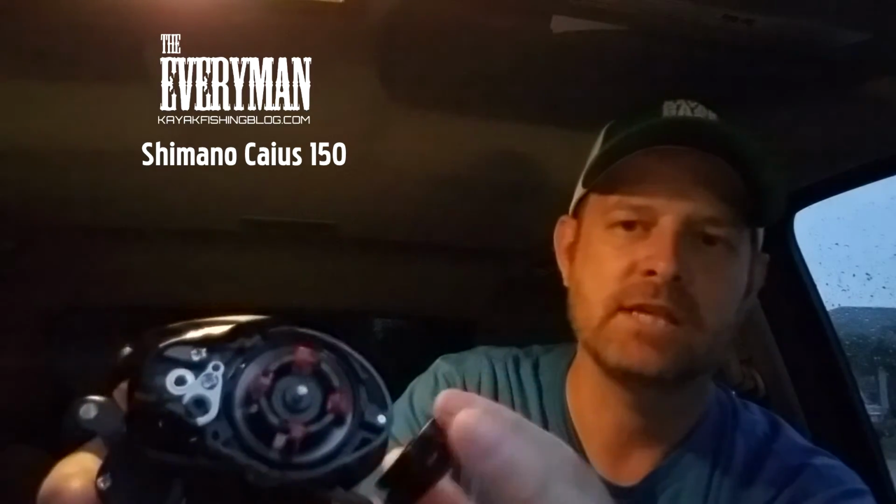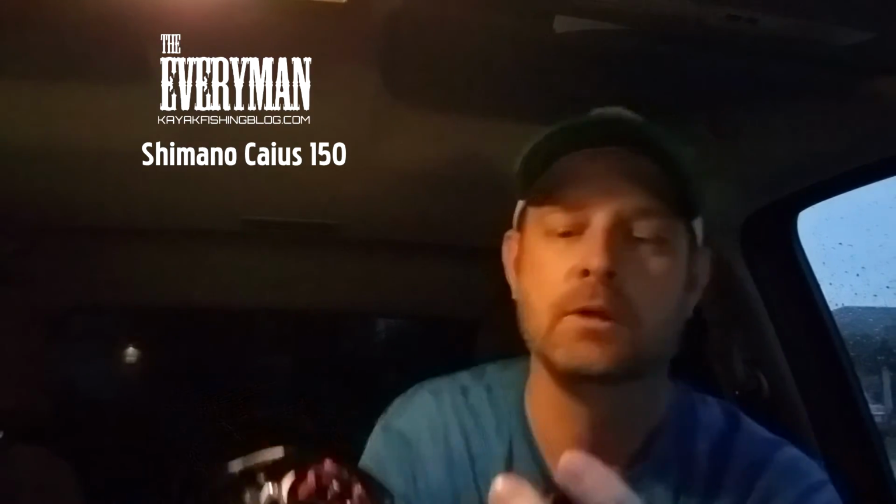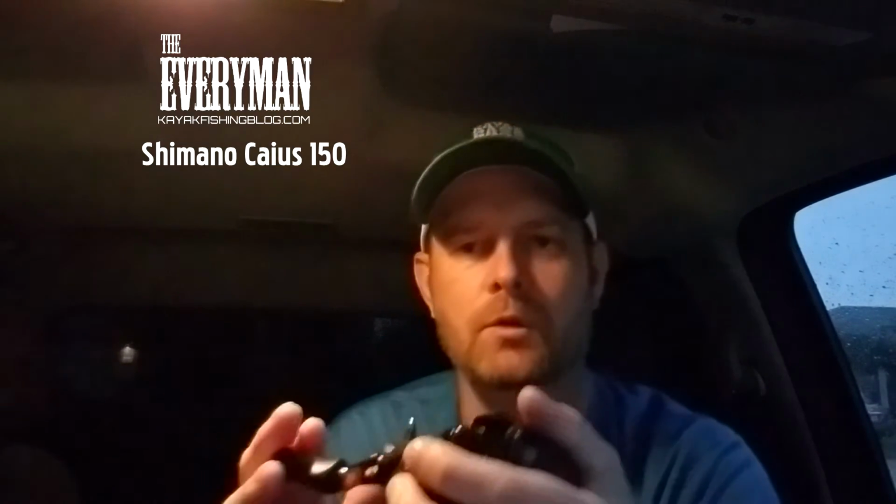Okay, so it's again similar to the Shimano. It's got the open button there, then it comes off, and so you've got your braking system that you can set. You can dial those up or down depending on how freely you want that spool to go. Got a bearing in there, so if you wanted to upgrade performance, you could swap that out with like a Boca bearing or something like that. But straight away, I don't know that it necessarily needs it. It seems like it's spinning pretty well on its own. It's got a nice click. You can hear that metal click,